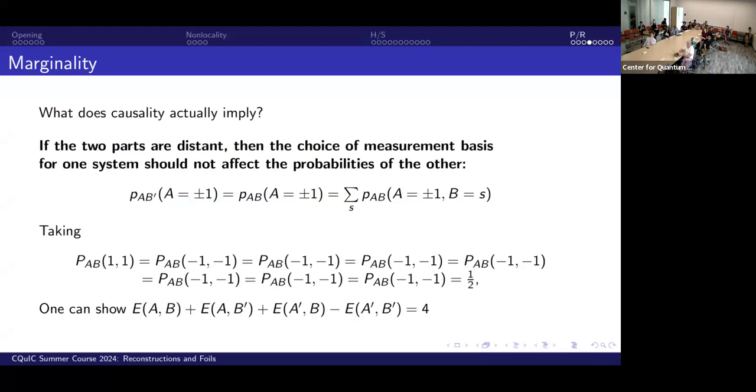Now, if you just kind of arbitrarily assign measurement probability distributions, this is one convoluted example here of such a distribution that will work. All these probabilities being 1/2, all probabilities not listed being 0. Then it can be shown, which I cannot show because I'm lacking the time and space on the whiteboard.